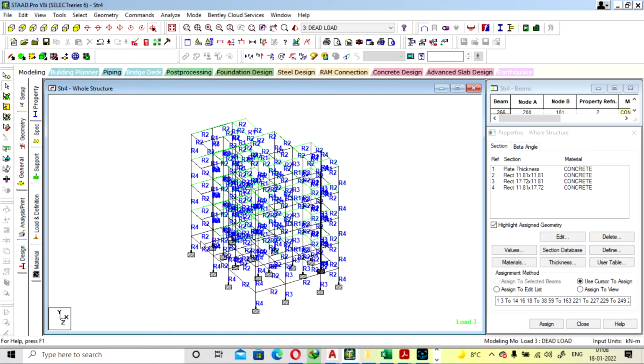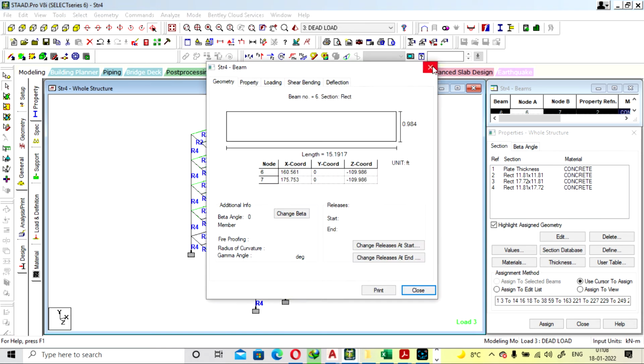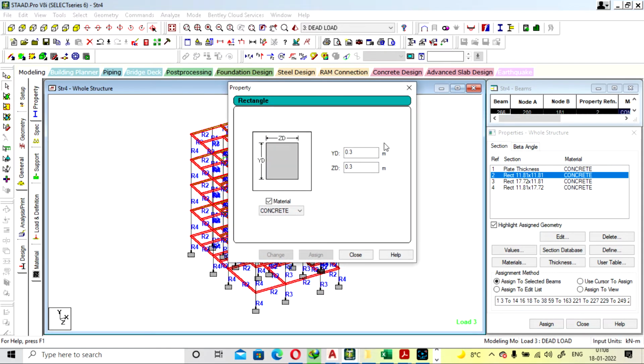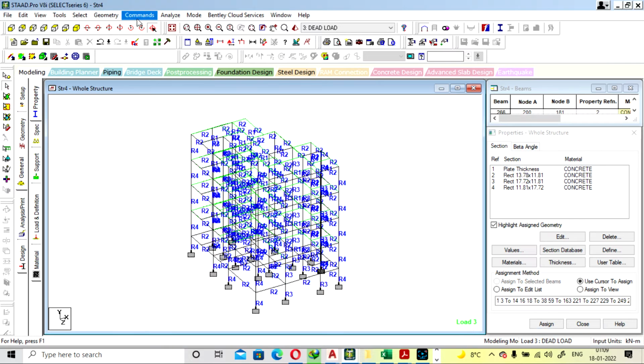Okay, some beams are okay right now. Some beams were safe, but here still we have to check. So we can increase the depth of the beam to 350. Change. Yes. Close. Analyze, save.